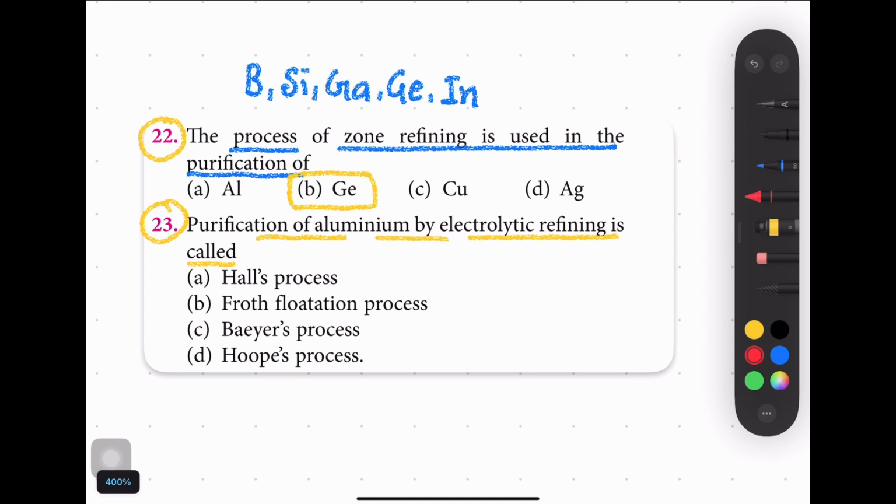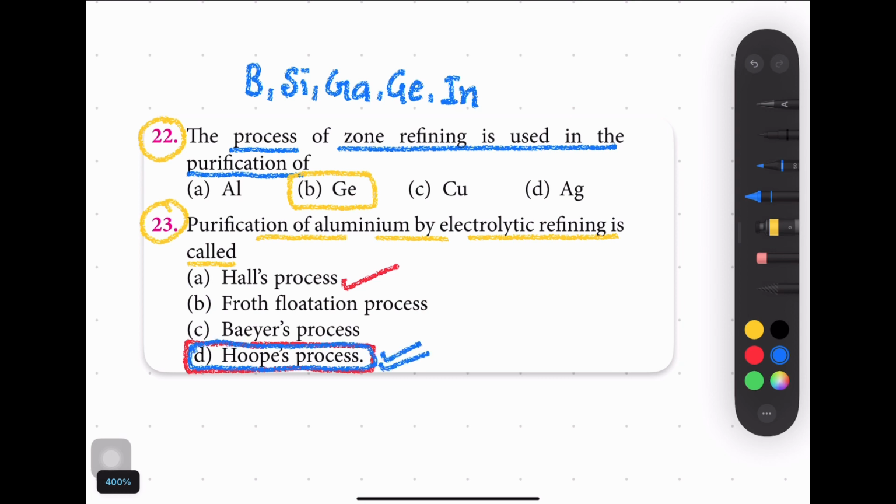Now, purification of aluminium by electrolytic refining is called. Purification of aluminium is basically Hoope's process. So the correct answer should be D. Hall's process, Serpek method, Bayer's process, these are basically methods of extraction of aluminium. But Hoope's process is basically